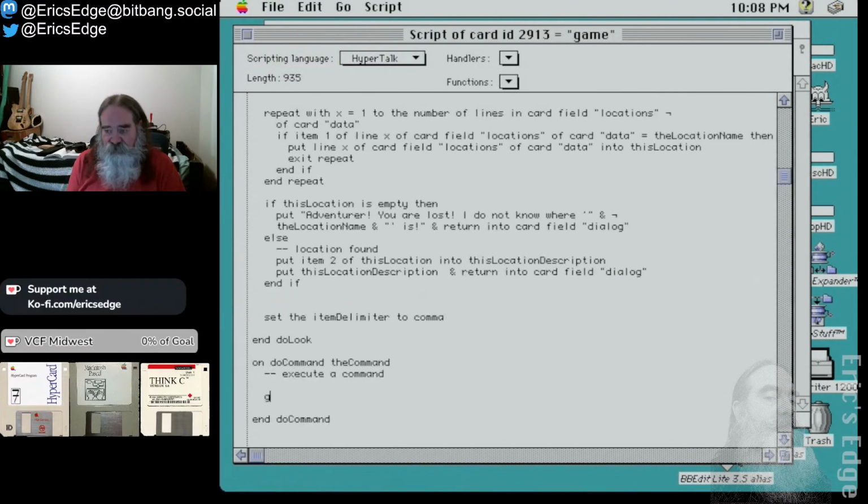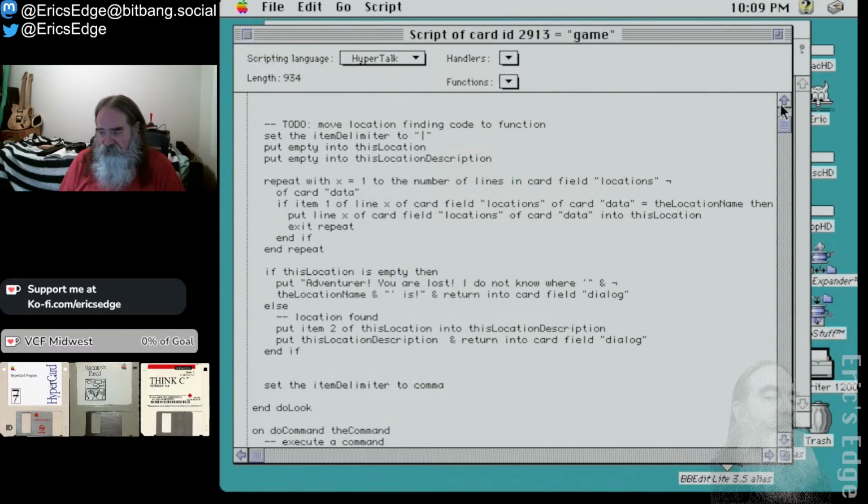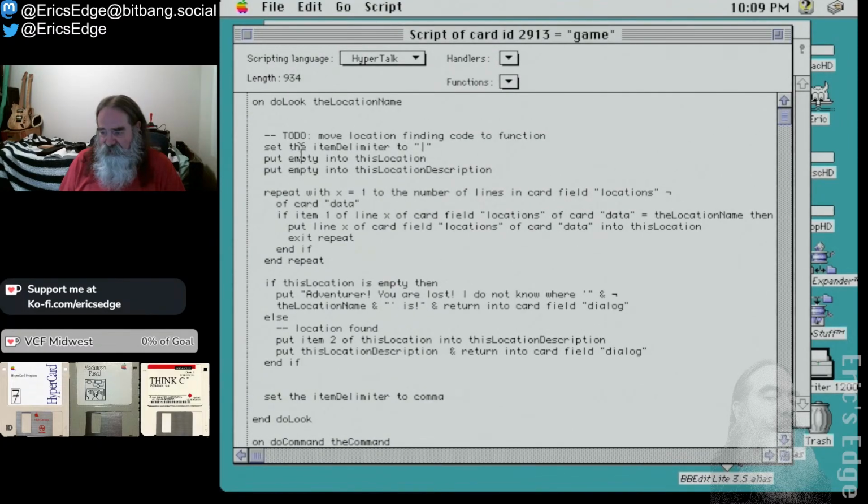So let's do this. Should we use the global? Well, we're passing things. It could get kind of long. You could say the command and the location name. Yeah, I think location's going to end up being used a lot. So let's not do that. I think we want to search for the location and hang on to it so that we always have it and we're not repeating this code every time. But